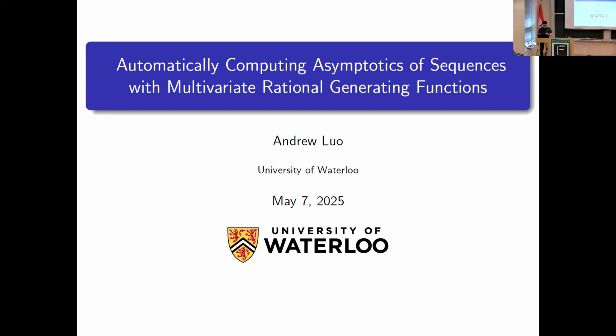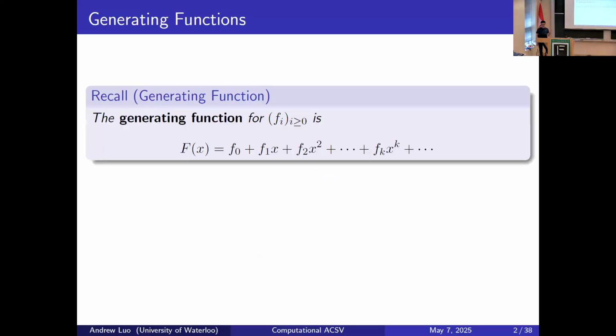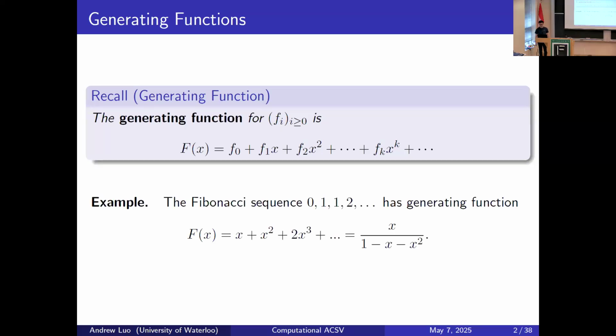But anyways, starting with some good news, the definition of a generating function hasn't changed over the last 10 minutes. As usual, we have a sequence and we're representing it as the coefficients of a power series. Everyone's favorite example is the Fibonacci sequence. You can represent this either just as an infinite series, or you can rewrite it as a rational function. We're going to be looking more at the second case because it turns out that there's nice analytic analysis that you can do with this.